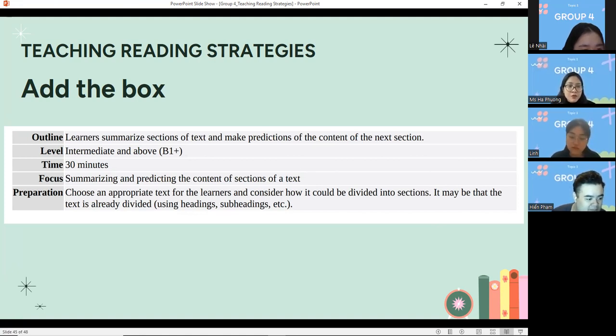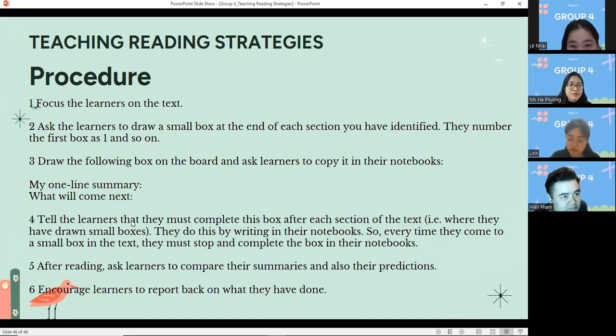The time allowed for this reading strategy is 30 minutes and it is focused on summarizing and predicting the content of sections of a text. For the preparation, teachers choose an appropriate text for the learners, of course, and consider how it could be divided into sections. It may be that the text is already divided using headings and subheadings. And for the procedure of this final reading strategy, first, the teacher needs to focus the learners on the text, and